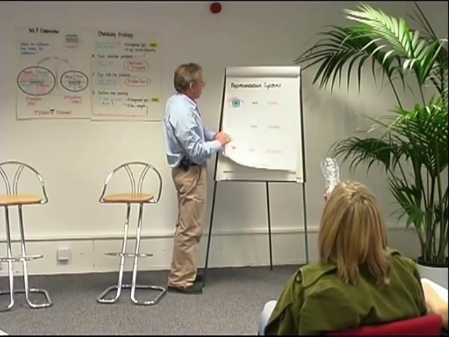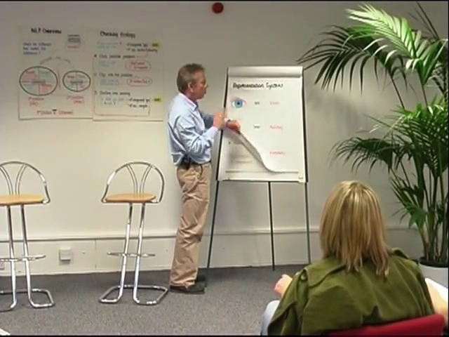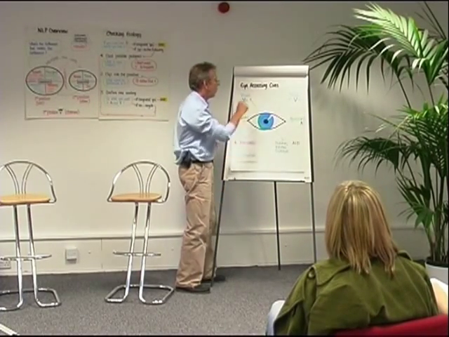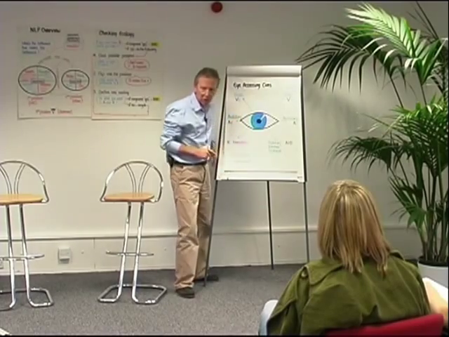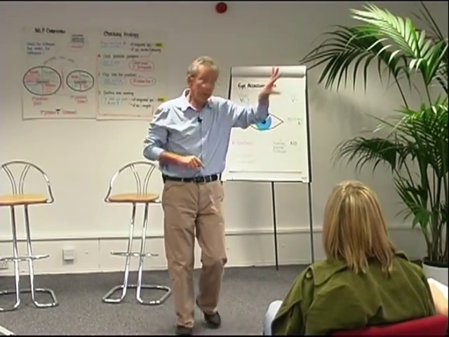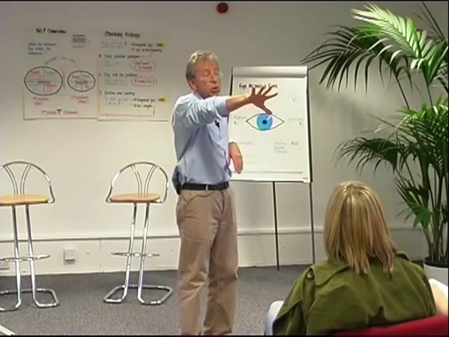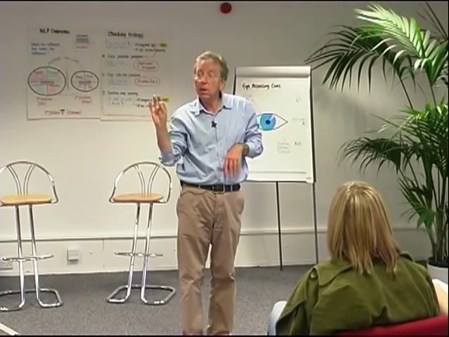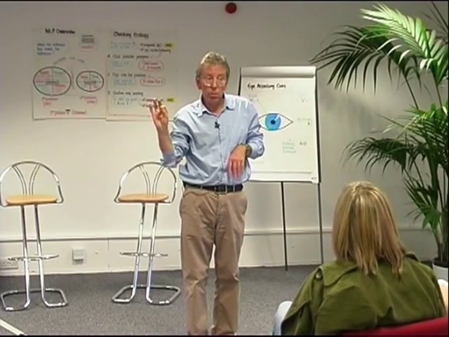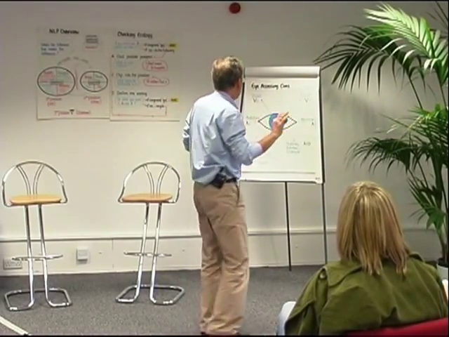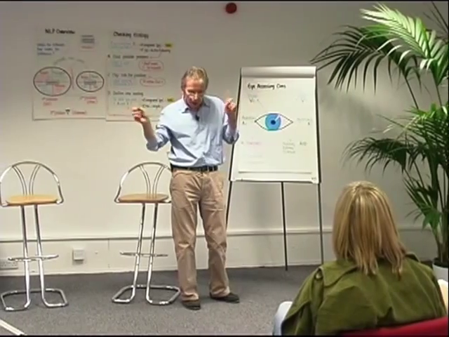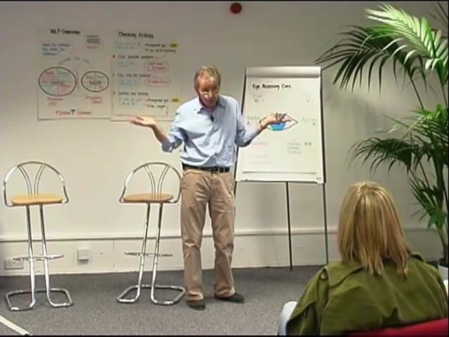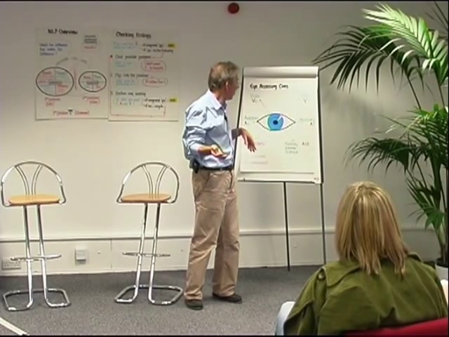But the interesting thing is when you look at people's eye movements, there are some patterns, that is, things that repeat. When people look up, they tend to be visualizing. Doesn't matter whether they're looking up that way, or straight ahead through you. Those are cues that they're probably visualizing at that microsecond in time, and that's all, but that's better than nothing. The same with eye movements flicking across to either side, but that's to do with auditory stuff. Could be sounds, could be music, could be speech, you can't tell, but it's not visual.